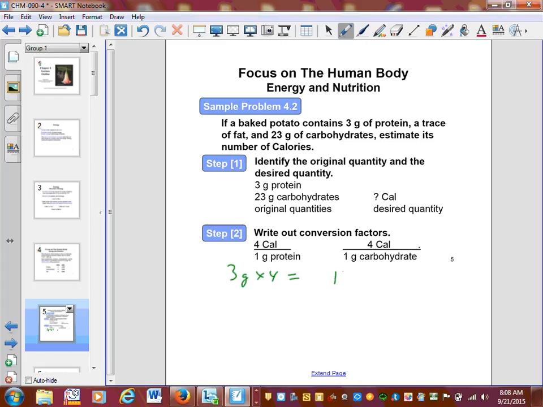So we have 12 calories from the protein. 23 grams of carbohydrates times 4 calories per gram is 92 calories from the carbohydrates, for a total of